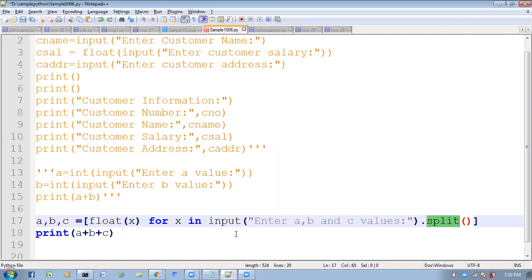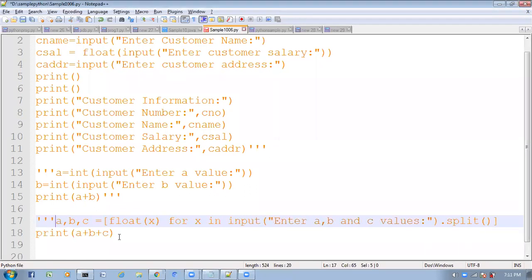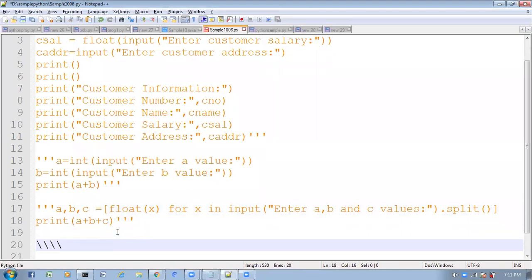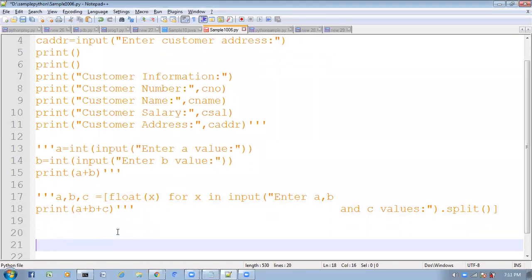Right. So next, one more example we'll see here.